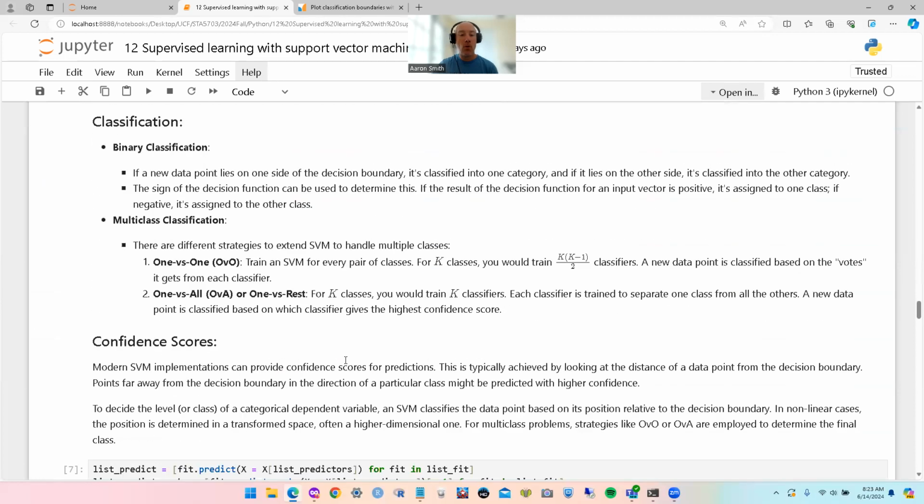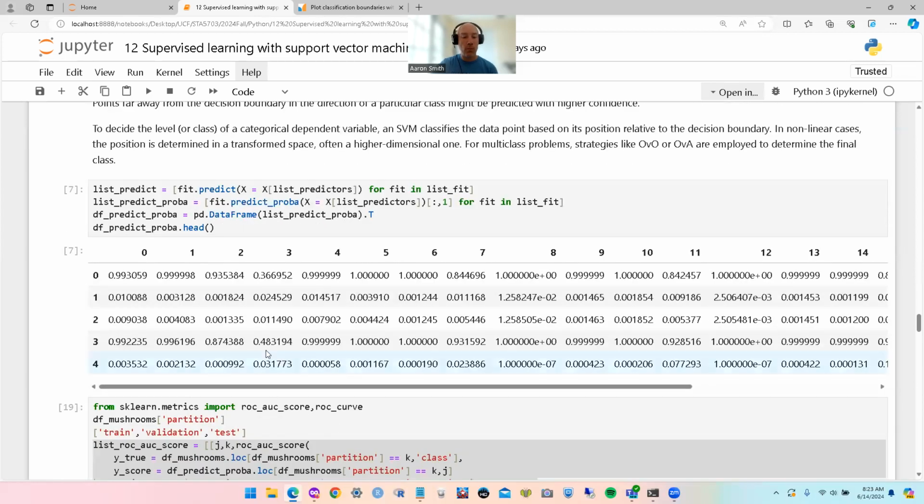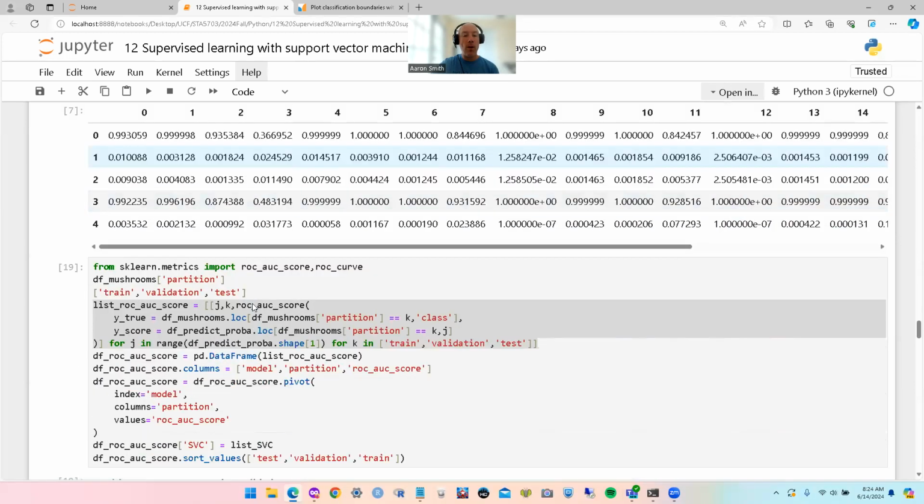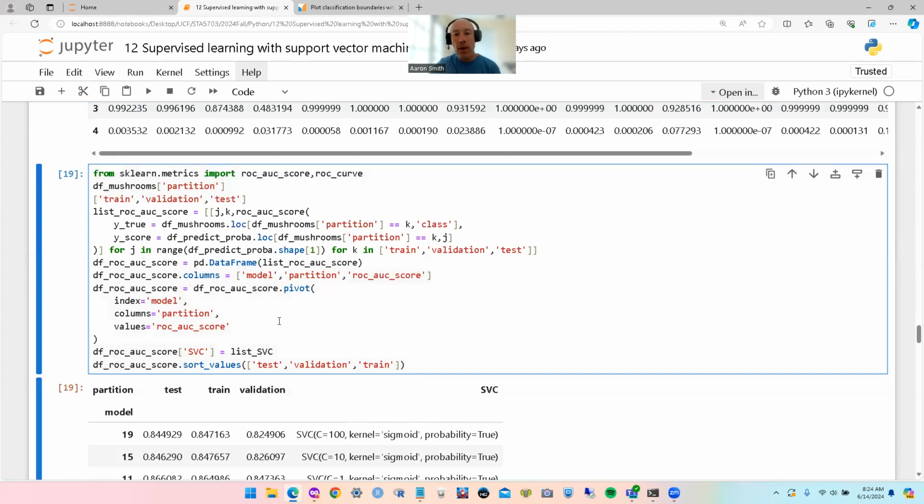Here I can see I've got my probabilities. So now let's get the AUC. The AUC is a good way of evaluating how well I have control over the cutoffs. Where I work, it's not just about the probabilities, because frequently we're going to be making decisions